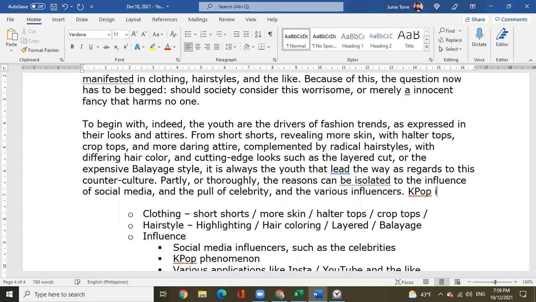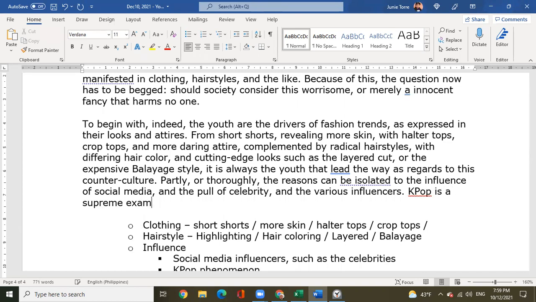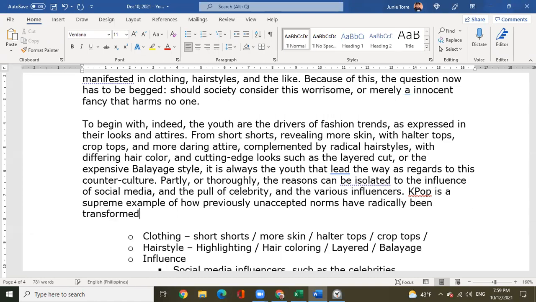K-pop is a supreme example of how previously unaccepted norms have radically been transformed through the power of the internet and celebrities, such as BTS